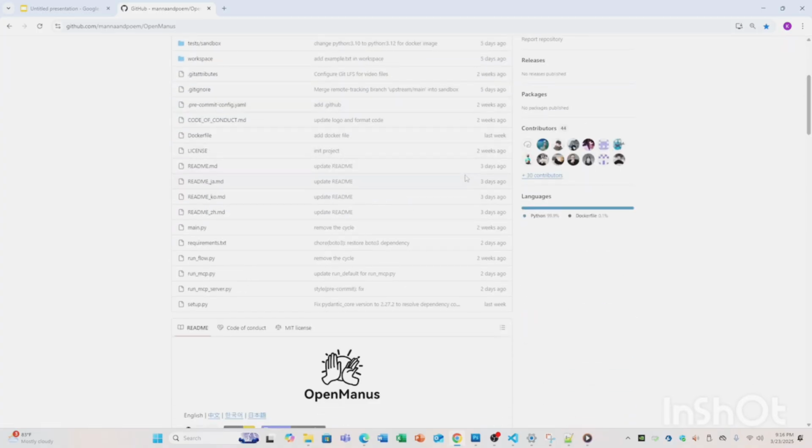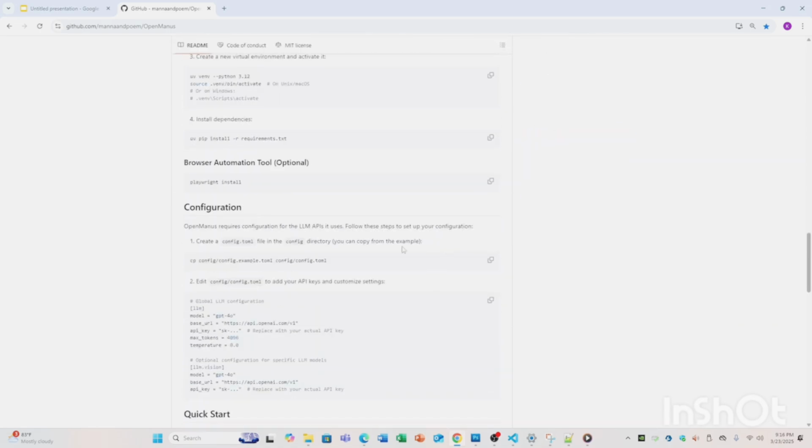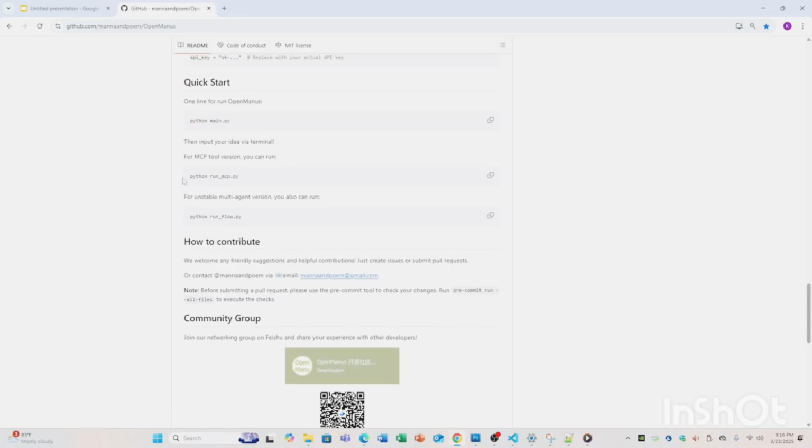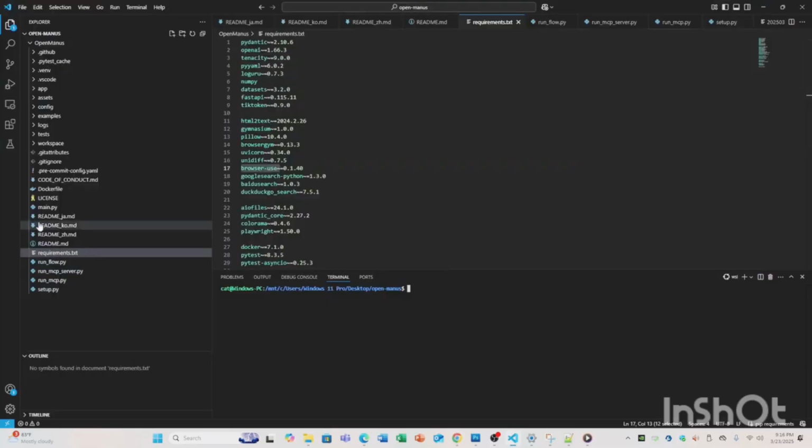If you compare to previously, 3 days back or 1 week back, they have added some features. One of the good features is the python run_mcp.py command. Since they are running the MCP server, they added this MCP tool version. It is a good tool, so you will not get any error. Previously you got errors when you used python main.py, but now it is much more stable using the MCP tool. Okay, whenever you run this tool, what it will do is